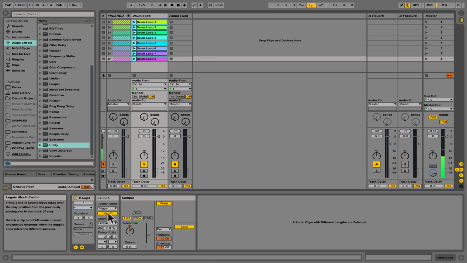If you hit legato, that's going to make sure that when you launch one clip and then you launch another, the new clip you launch is going to start where the last one ended. So if you launch a clip on beat 3, the next clip is going to start on beat 3 of that sample. So that's cool. Now what we're going to do is right here,